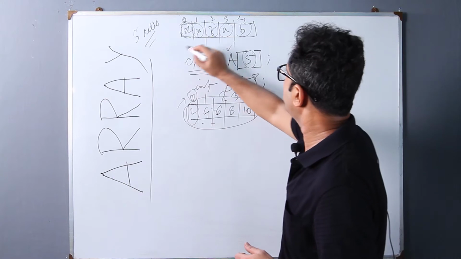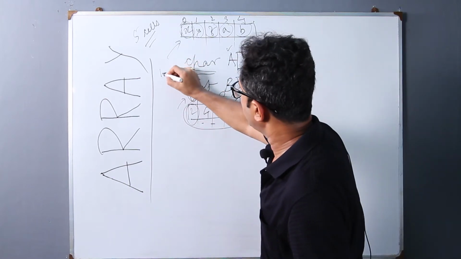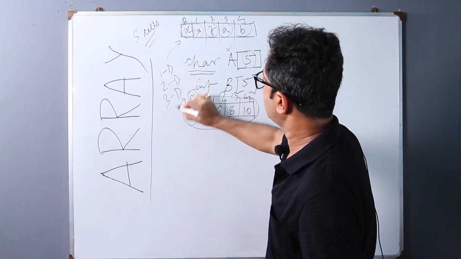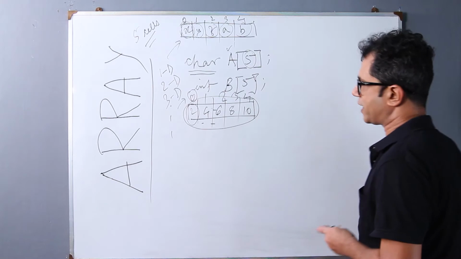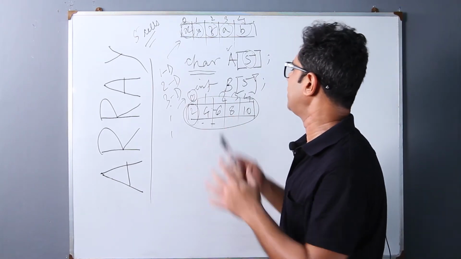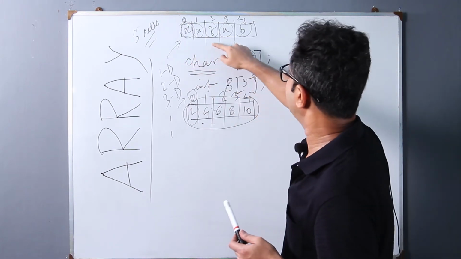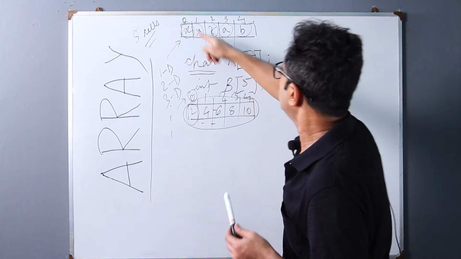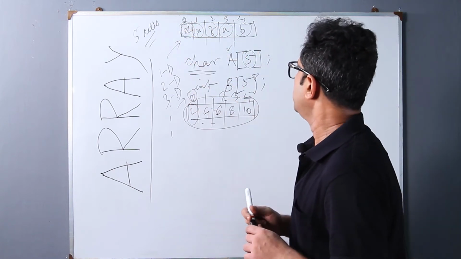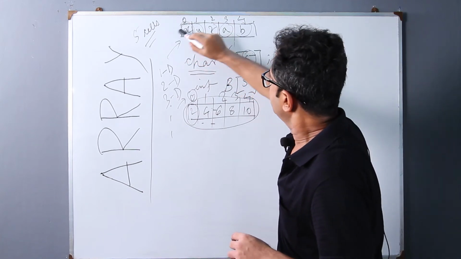Why is this called a one-dimensional array? Arrays can be of many dimensions, that is one-dimensional, two-dimensional, three-dimensional, or even more than that. Multi-dimensional arrays are also possible, but now we are going to discuss the one-dimensional array at the first instance. So, what is a one-dimensional array? It contains only a single row with multiple columns. It can have only one column, it can have more than one column as well, but the row should be